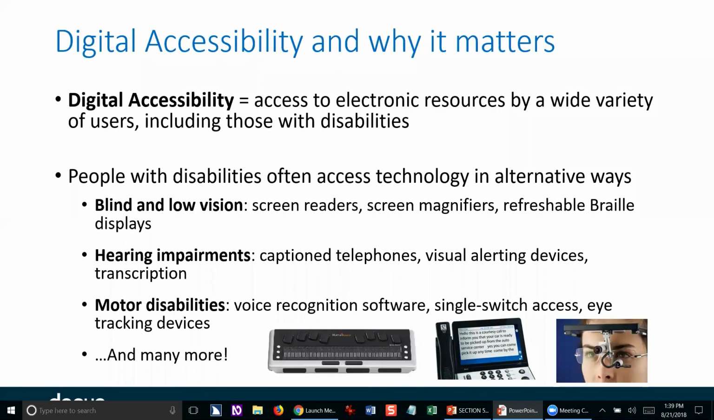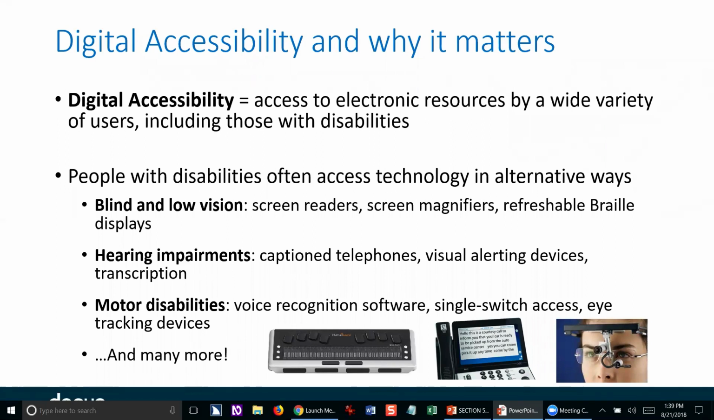Now let's move on to discuss digital accessibility. So we know that Section 508 requires access to ICT, but what does access mean? It means that a wide variety of users, including people with disabilities, are able to access the technology. The goal of accessibility is to provide, as much as possible, independent access. For example,